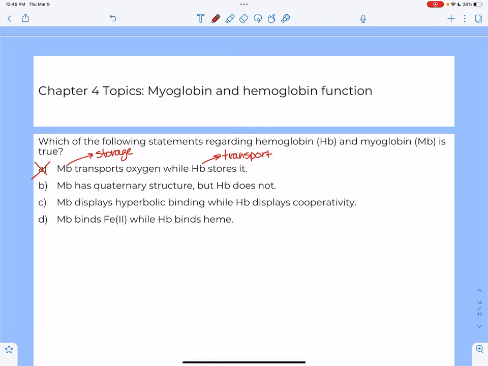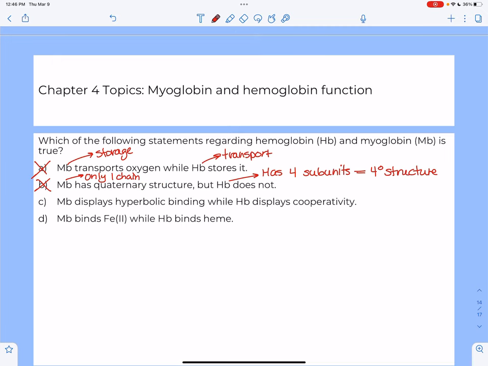Myoglobin has quaternary structure, but hemoglobin does not, right? Well, that's also exactly the reverse, right? So that's wrong. So hemoglobin has 4 subunits, and we talked about this in class, which is quaternary structure. Myoglobin, only 1 chain. So it doesn't have quaternary structure. Okay, so in terms of the next one,